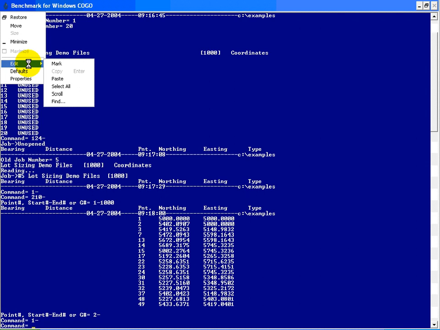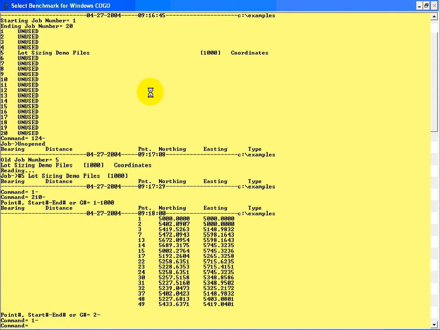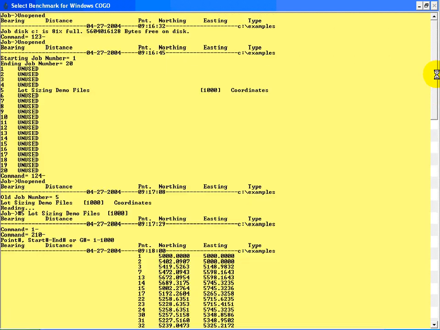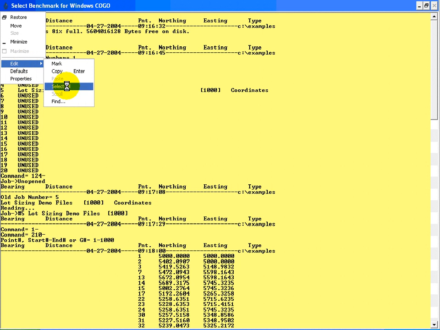Now let's pretend for a minute that I had forgotten to turn my printer on with the 1- command, and I had a whole bunch of stuff that I had accumulated here, and I wanted to capture it all. So in this case, I can come over here, hit the edit, go down to select all, and you notice my whole screen lights up here. Now this means that everything that I've done so far is now going to be captured. So if I come back up here and say copy, and I click here,